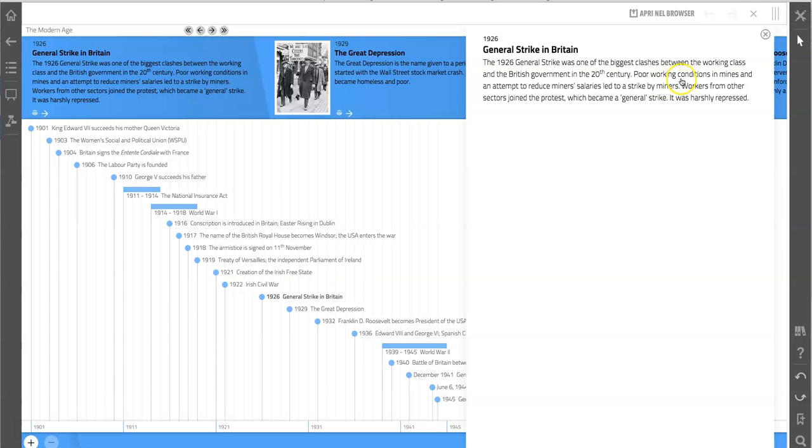Poor working conditions in mines and an attempt to reduce miners' salaries led to a general strike taken by the miners. The workers from other sectors joined the protest, which became general, and it was harshly and heavily repressed by the police,